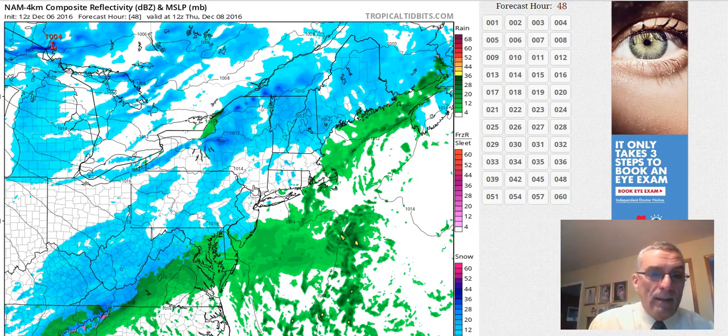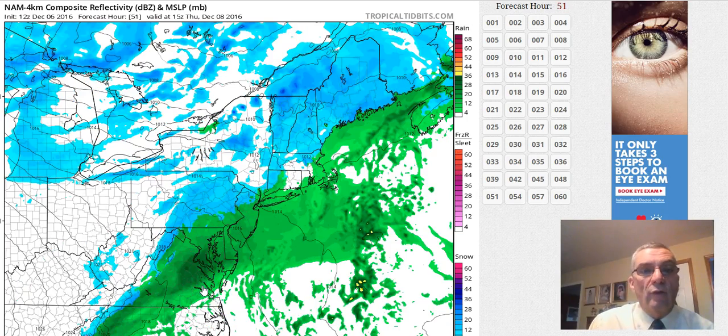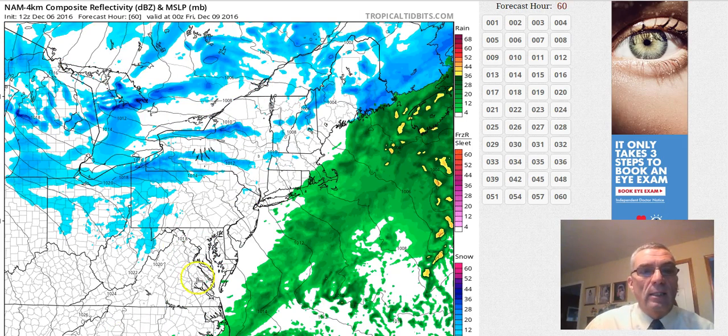Now, one thing the NAM model is doing and continues to do, which the other models are not doing, is that it's showing a little bit of a wave developing on this polar front that's coming through for Thursday. So there's another band of rain and snow showers, more rain showers than anything else. So it's kind of saying that it needs one more wave to really pull down the cold air that's setting up